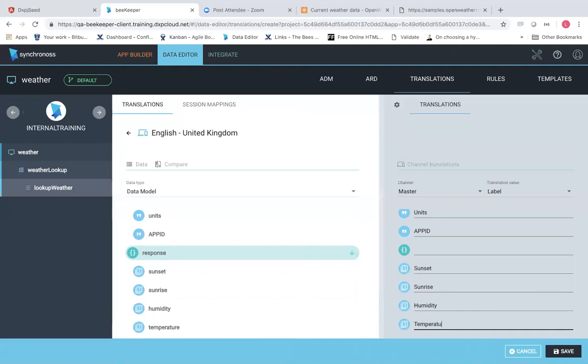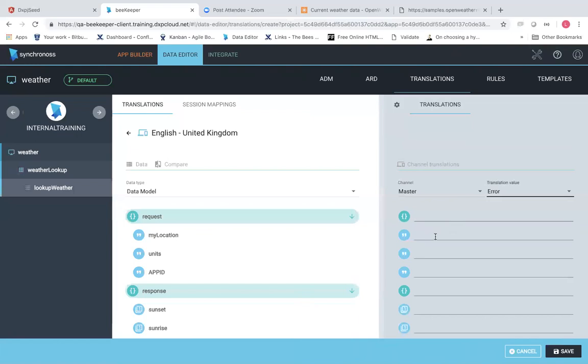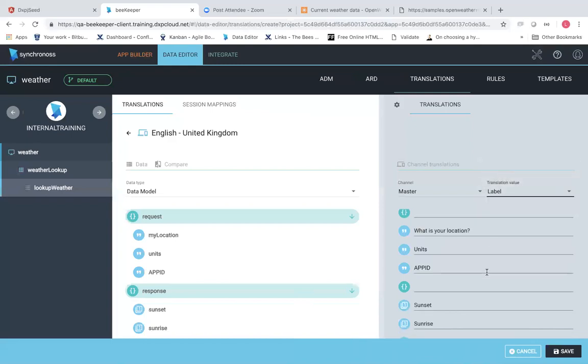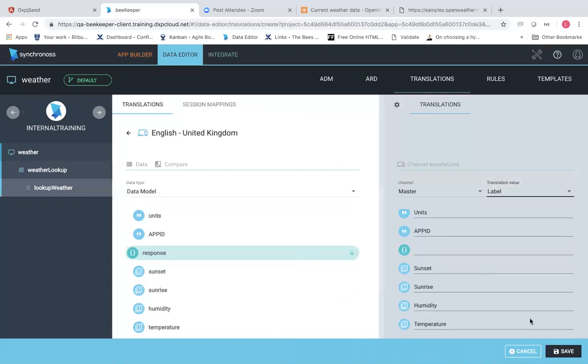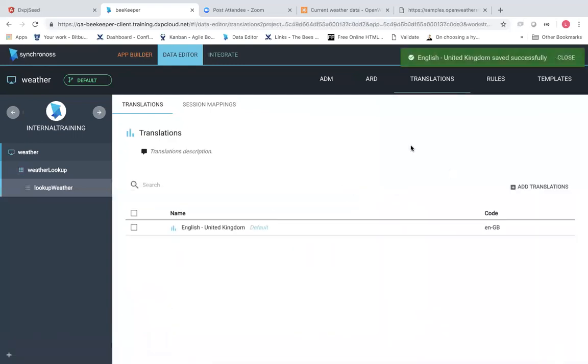Cool. Now, I can also specify for errors. For example, if I add validation, which I'm going to do next, onto the field, it will show the error message rather than showing the dot notation version of that error message. So I'm actually going to leave that now because we haven't added any validation, so I can't really show you the difference. But yeah, if I hit save now, and then if I preview,